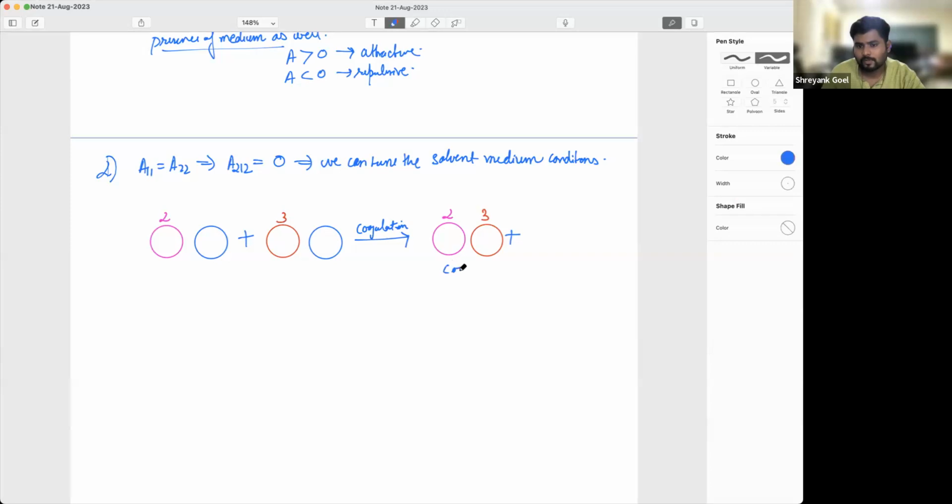This is due to coagulation, and there is a... that is, the net change in energy comes out to be